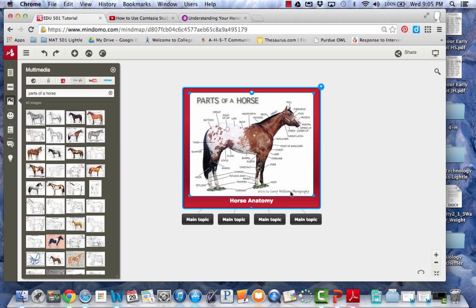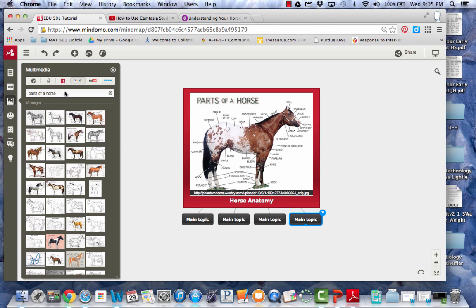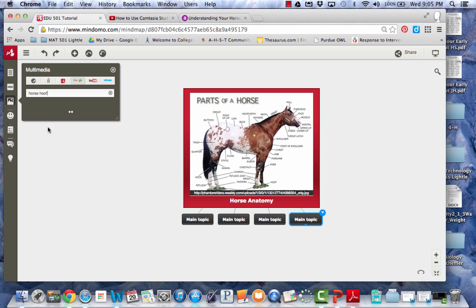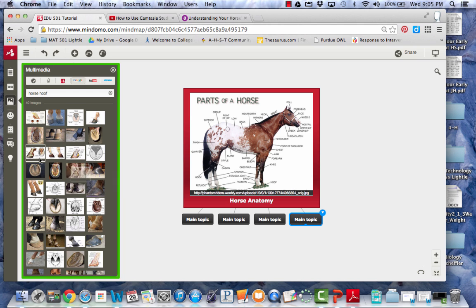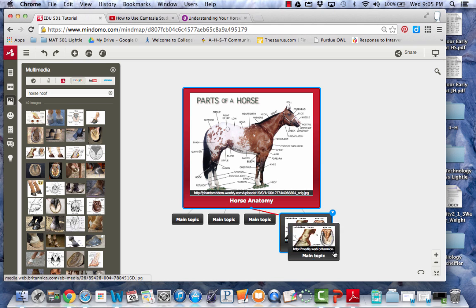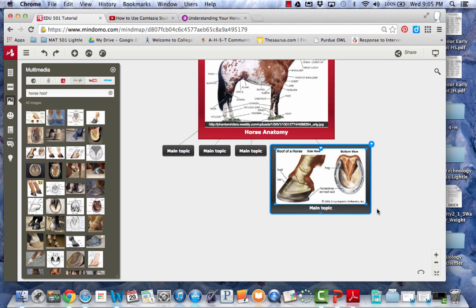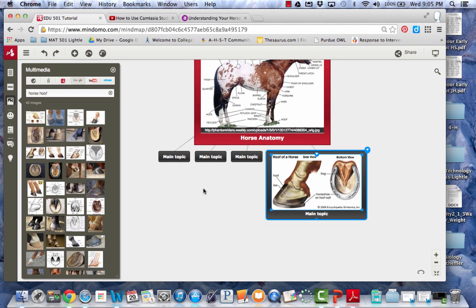Okay, another topic, I'm going to talk about the horse's hoof on this subject. So I click down here into my main topic. I don't need to add anything there. I'm going to add another image. So I'm going to put an image in of a horse hoof and search. I'm still in Google Images. And I'm going to choose this one. I'm going to drag it over. And then click on the picture in there. Go down to the corner. Right click. Whoops, I didn't mean to do that. If you do that, you can drag it too. But I just want to resize for now. So there's my horse hoof. And